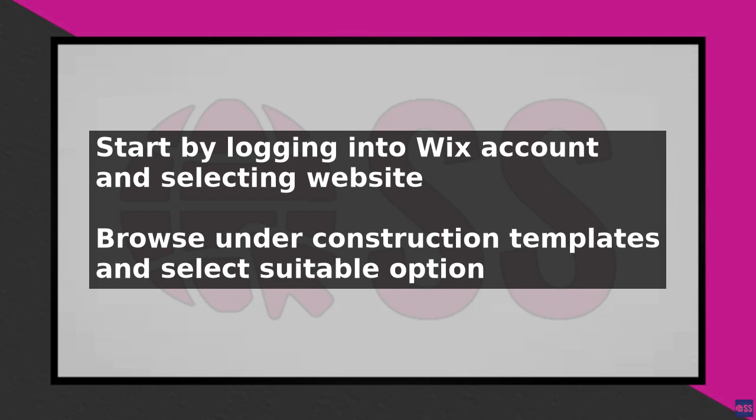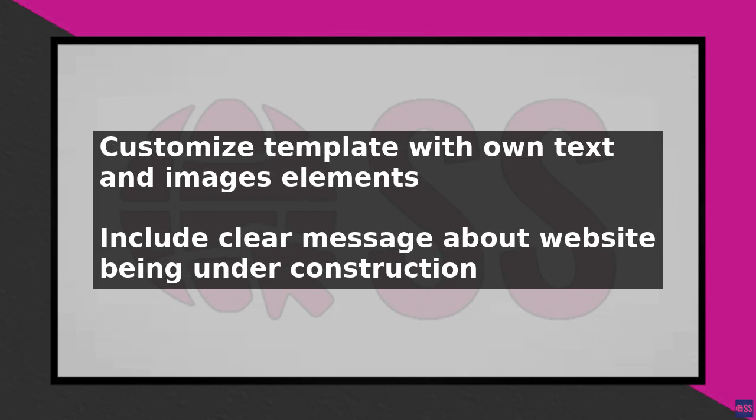Once you have selected a template, click on the Add to Site button to add it to your website. You can then customize the template by adding your own text, images, and other elements. Make sure to include a clear message that lets visitors know that your website is under construction and will be